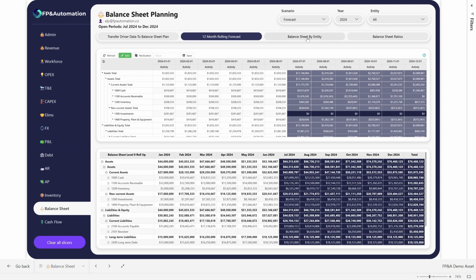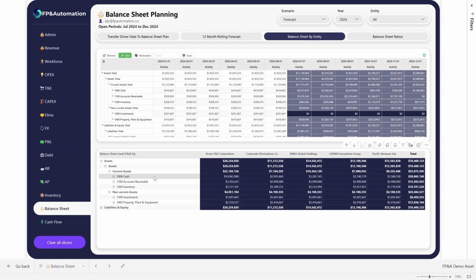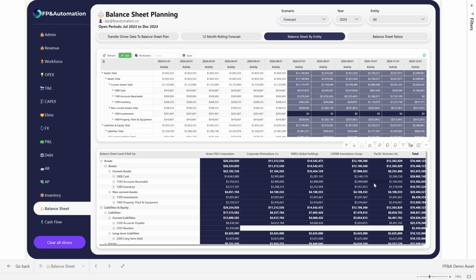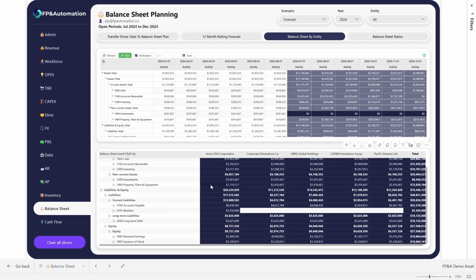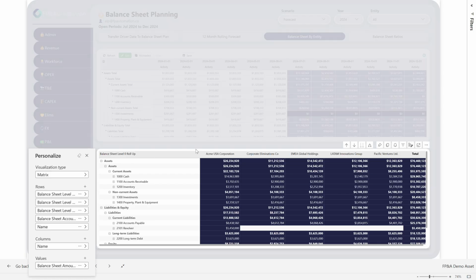activity adjustments. We can also look at our data in many different ways. Maybe we want to see a balance sheet from an entity perspective to see exactly where we stand from a cash as well as a liabilities and equity perspective. So what does cash look like across all of our businesses? What does inventory look like? How does long-term debt compare? These are all various different views that can be built and adjusted. Again, you can potentially be using things like personalization, for example, within Power BI to be able to slice and dice your data in different